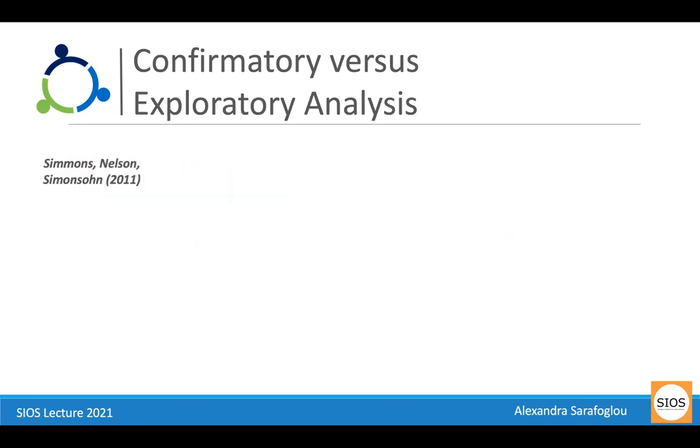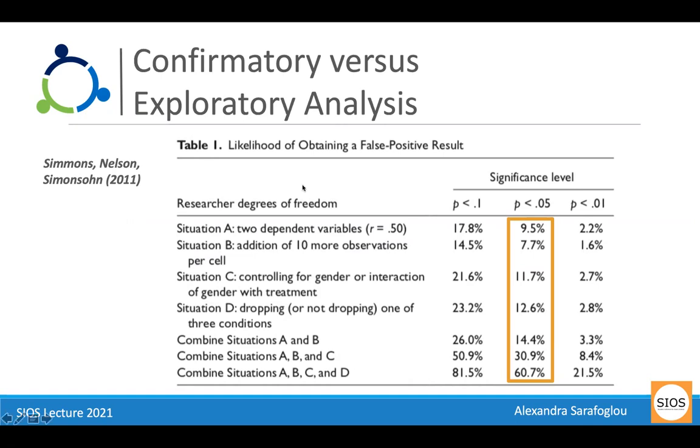And there was also this really nice study from Simmons, Nelson, and Simonson. So what they did is they simulated some data sets that are typical for psychology. And they simulated different scenarios. For instance, people don't collect one dependent variable, but 2 dependent variables. And then one doesn't work, but the other might work. So here, your alpha level, the probability to make an error, is not 5% anymore, but already 10%. And then maybe you could add 10 more observations if you think that it was just not significant. You just collect more data. That is, instead of 5%, you're at 7.7%. And basically, you can increase your probability to find a significant p-value to over 60%, just by randomly adding